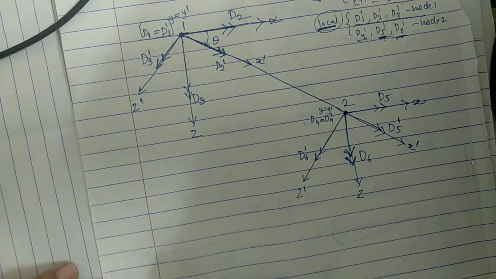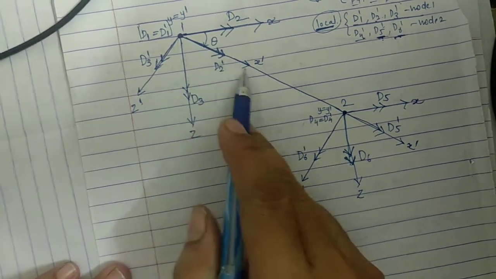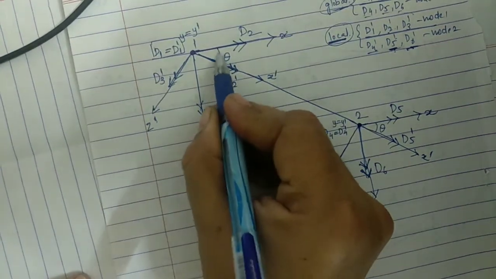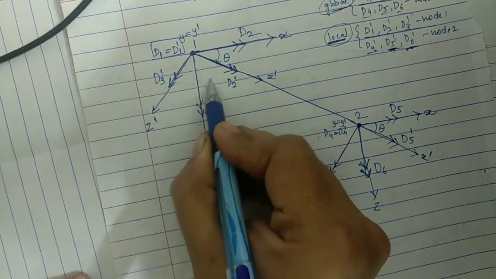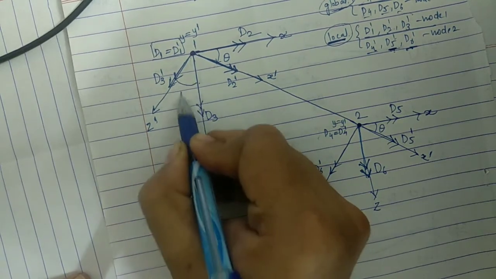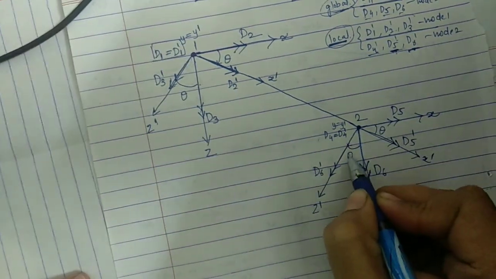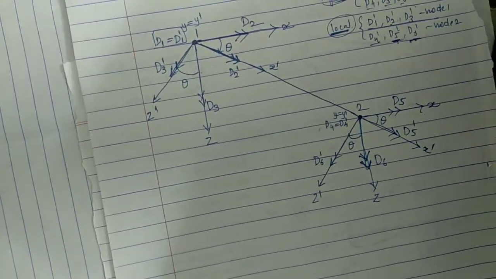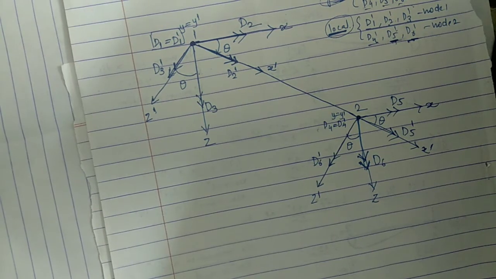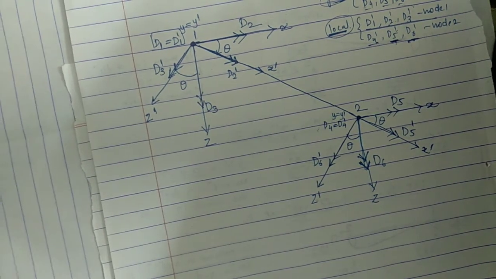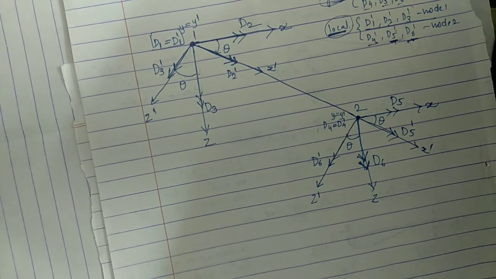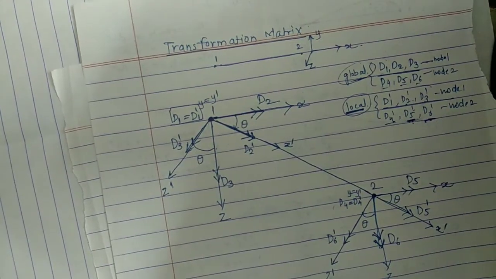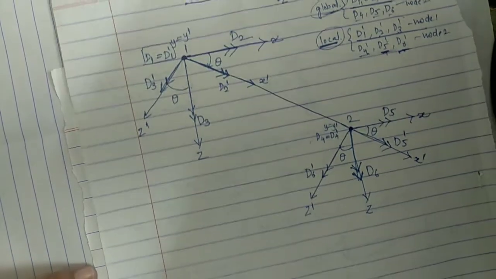Fine. So now this theta is the same angle theta that exists here. This is theta, 90 degrees, this will be 90 minus theta, and this will be again theta. So we will mention here again, theta, theta. Now the next thing is to write local degrees of freedom in terms of global degrees of freedom. That is what the transformation matrix is for. That L matrix we have to derive here.